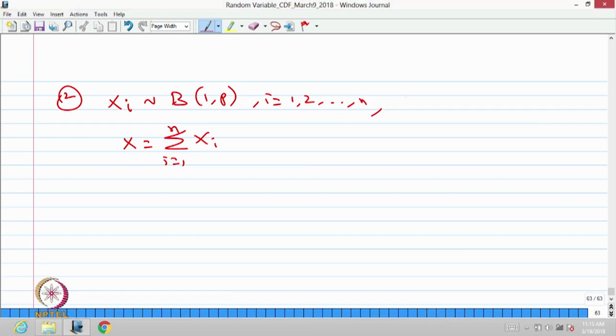The second remark: whenever you have a Bernoulli distributed random variable with the parameter p, for n such random variables, if you create one random variable as a sum of Xi's, i equal to 1 to n, that means each random variable is a Bernoulli, that means either it takes a value 0 or 1, and you create a random variable as the sum of n such Bernoulli distributed random variables, and you make one assumption: all are independent random variables.